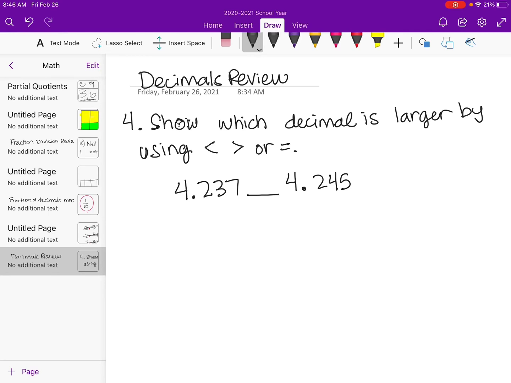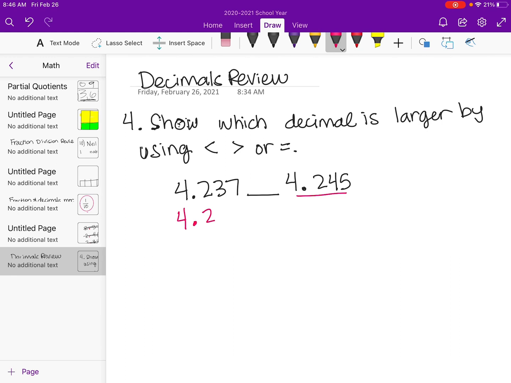Problem 4 on the decimals review says, show which decimal is larger by using the less than, greater than, or equal to symbol. So I am comparing two decimals. The way I prefer to compare decimals is to look at each of the place values. What I mean by that is I'm going to rewrite 4 and 245 thousandths underneath 4 and